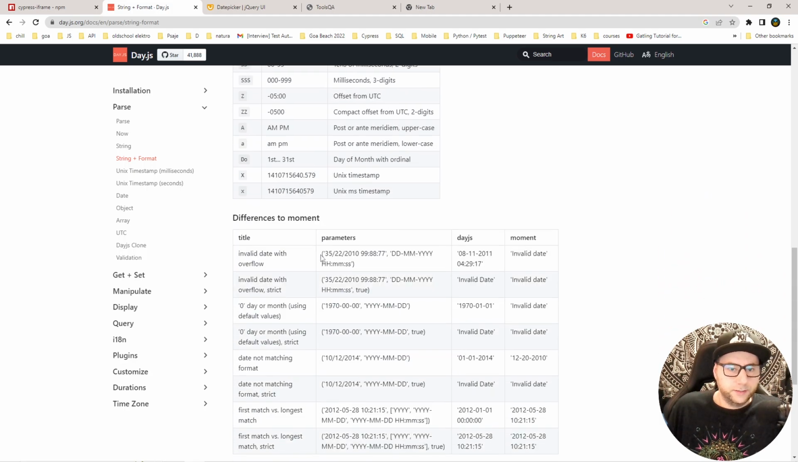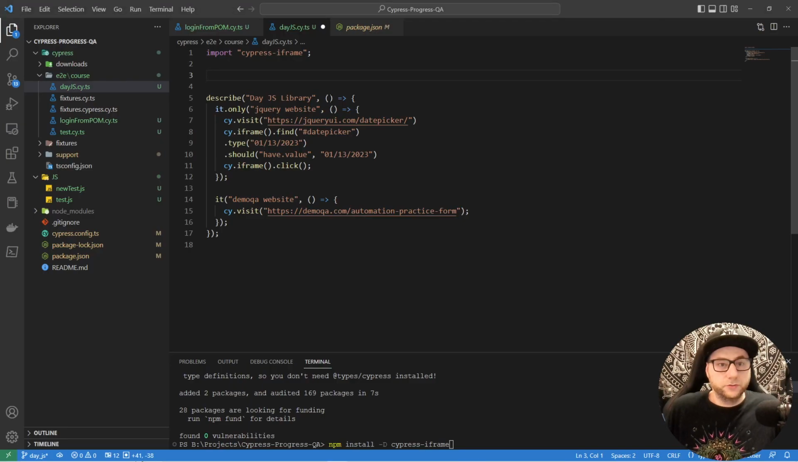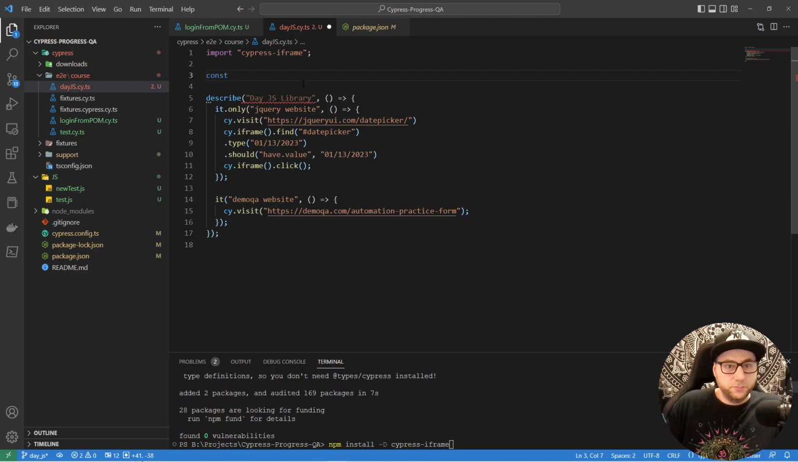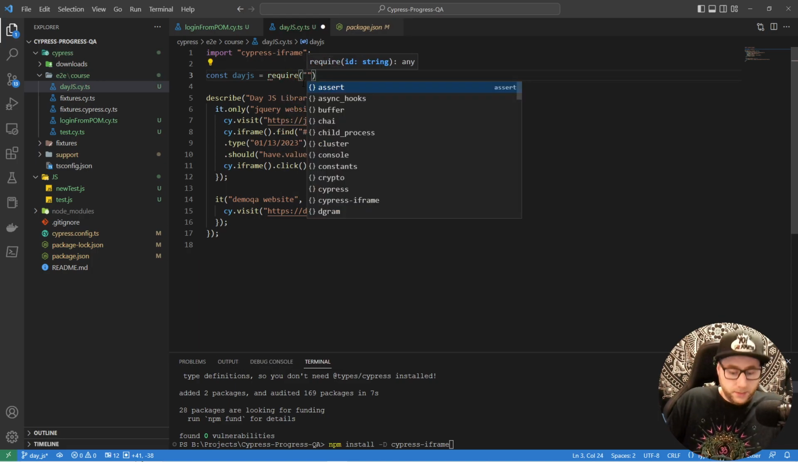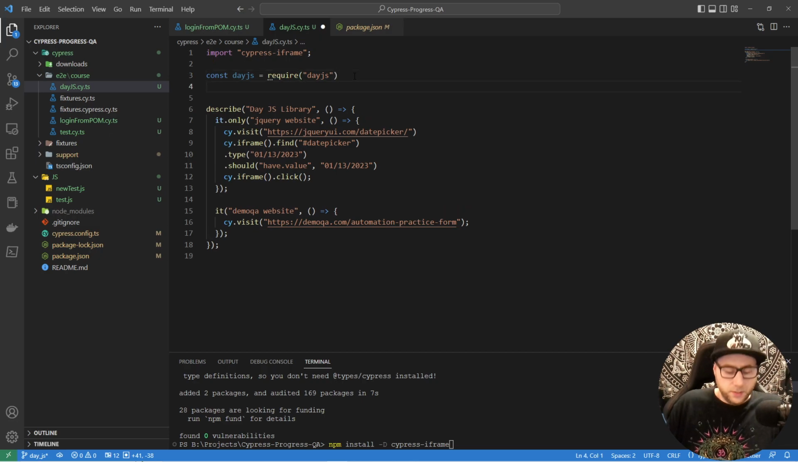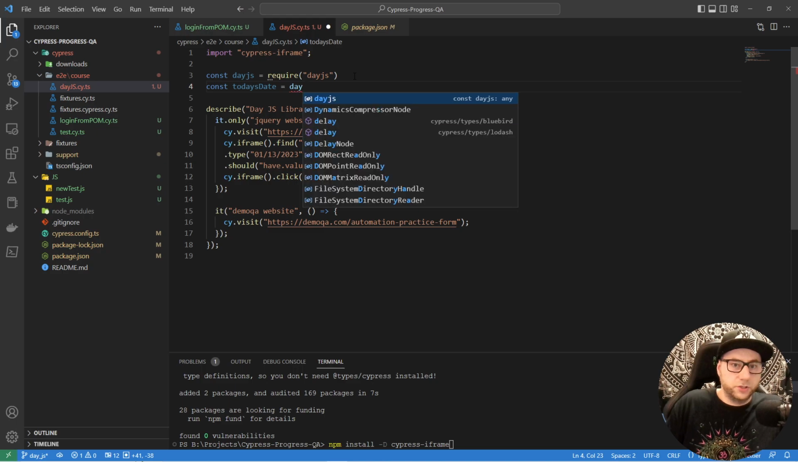There are a lot of cases, so I want to show you how you can use it. First, you need to create constant variable. For example, dayjs is equal to require dayjs. This line is just to import Day.js library without any install. Next, let's create another constant variable. Today's date is equal to, let's use this variable dayjs,